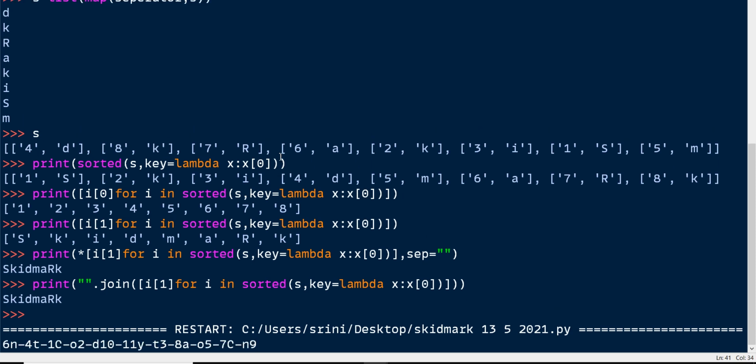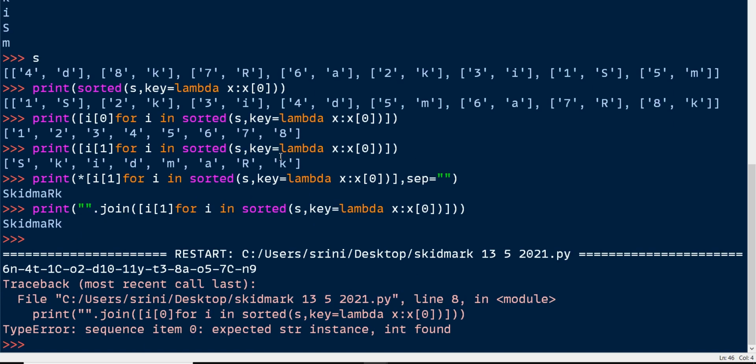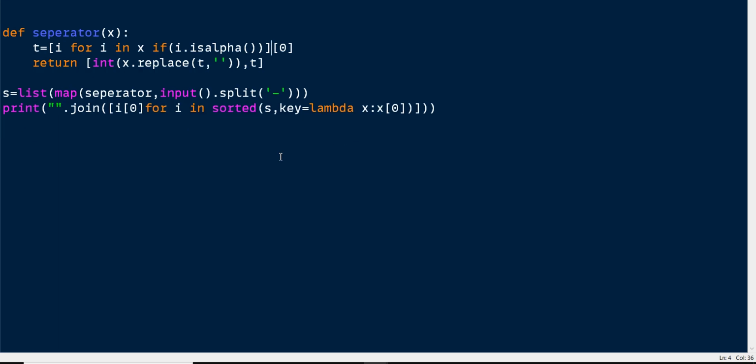I'm passing the cotton candy input here. We got something: expected string, integer found. Oh, again I have messed with this one.